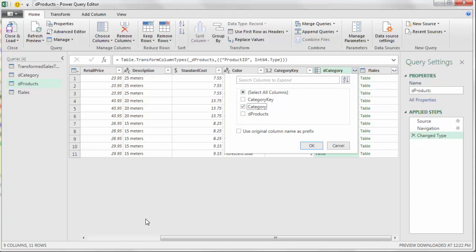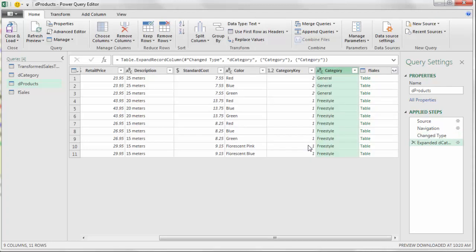Remember, that record down there showed us the one side. As soon as I click OK, that means this new column here will have duplicates. When I click OK, we've pulled the category for each product into the product table. Now again, the columnar database will store this as a unique list, so it's no problem. And that means we have the column we need for analysis in the product table,